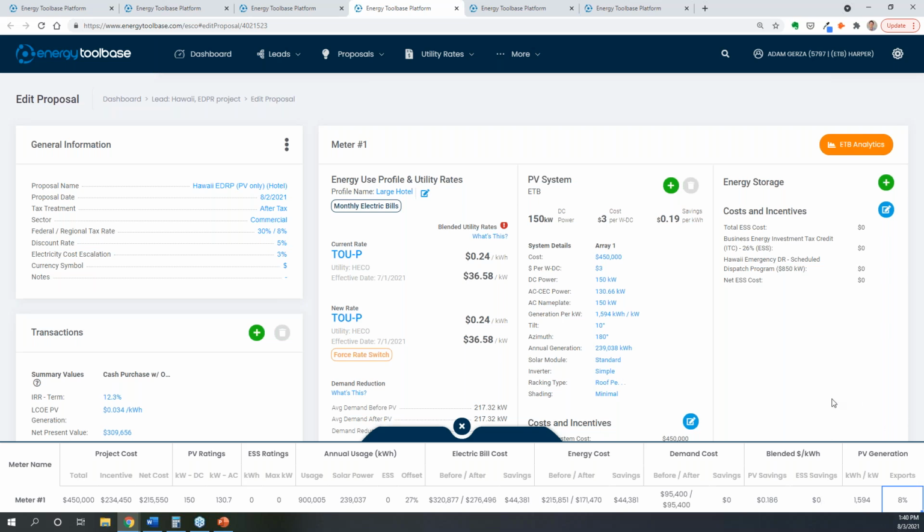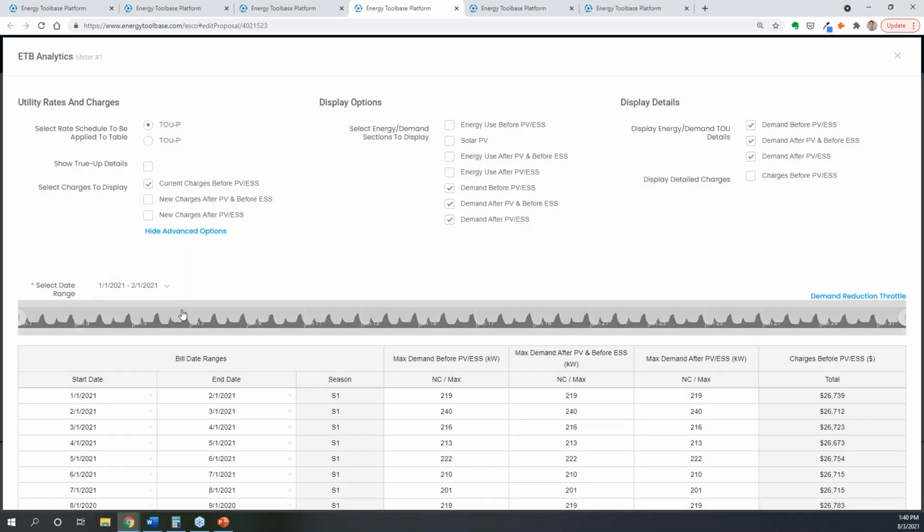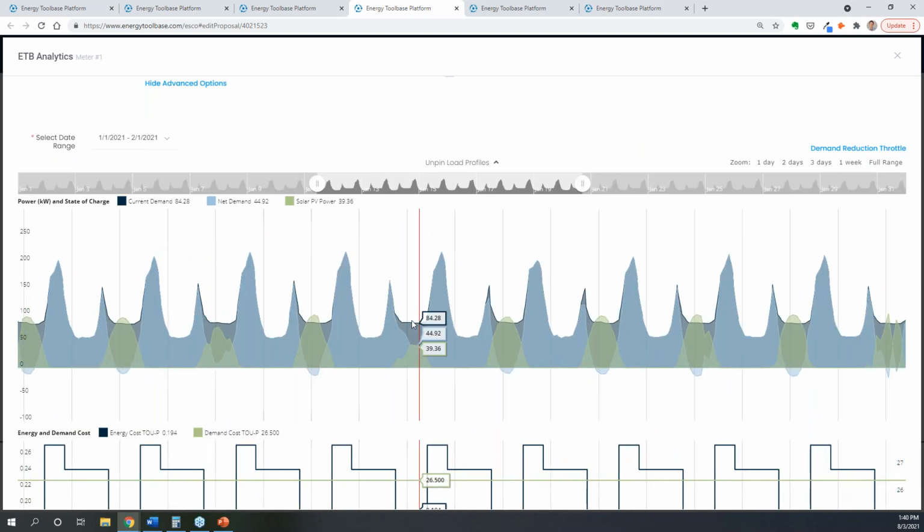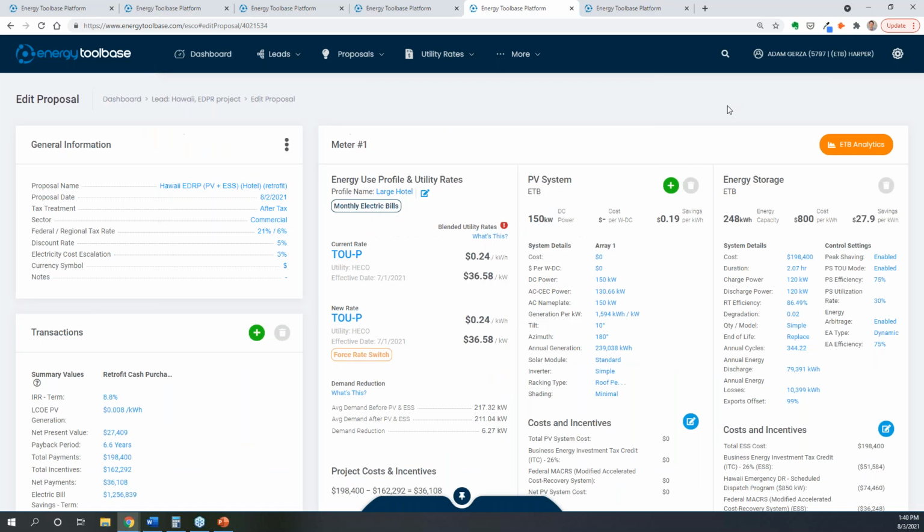And I realize I'm jumping around the page quite a bit. These are just some of where the summary views live. This particular solar only run had about 8% exports to grid. And a part of that has to do with the fact that that hotel doesn't have a ton of midday usage, or it's certainly not the peak. So you might just see a little bit of export there. Okay, without any further ado, I think this is really the key run here, where we're now